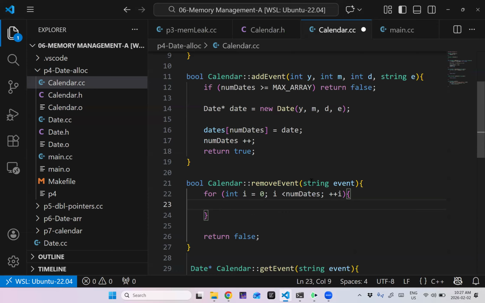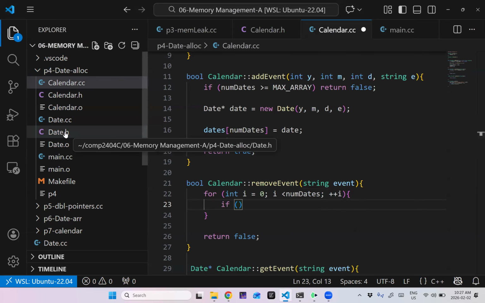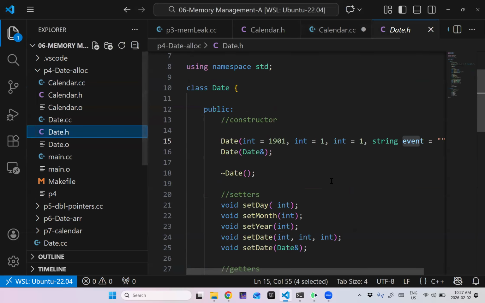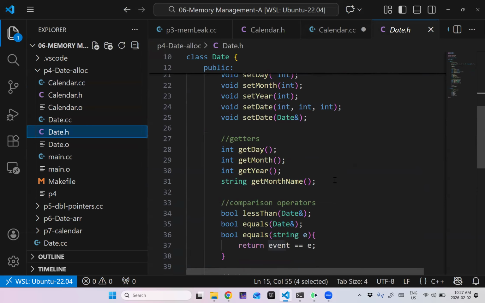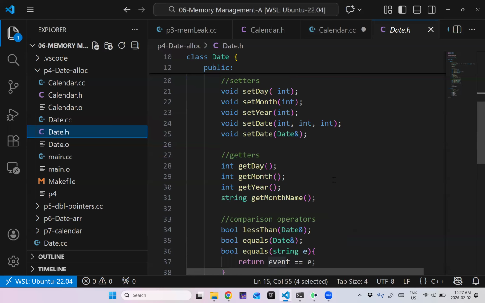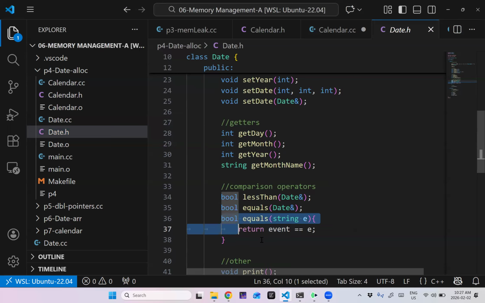To start with, I'm just going to search for this date that corresponds to the event. For this, I want to look at my date class and see how I'm going to find that. Well, we've defined equals that takes a string and compares it to the event. Okay, so that's what we're going to use. A getter would have worked just as well, right?